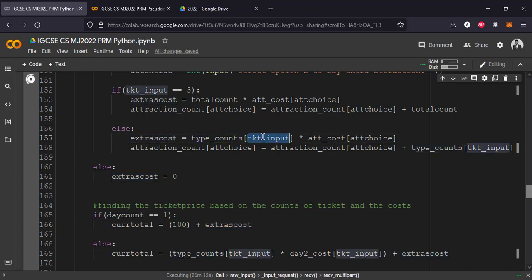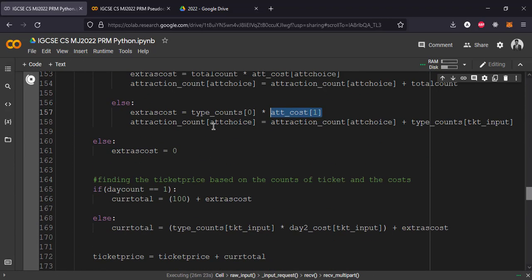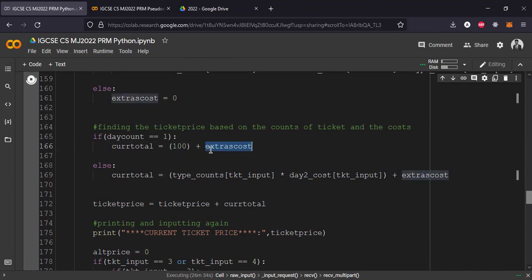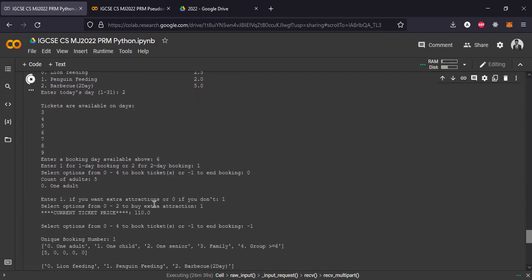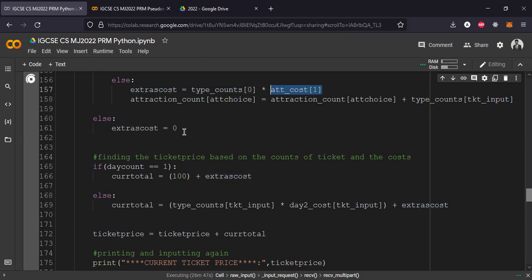Again, ticket input was 0, and attraction choice I went for penguin feeding, so I entered 1 for that. The penguin feeding costs us, I think, $2, right? So here it's replaced by 2, and the type count index 0 was replaced by 5 because we entered 5 adults. So the extra cost became $10. So here it is replaced by 10, and then the cost becomes 110, and this is exactly what happened here. See, you actually need to run the program on your own, and also dry run the program on a piece of paper to further understand what exactly is going on using